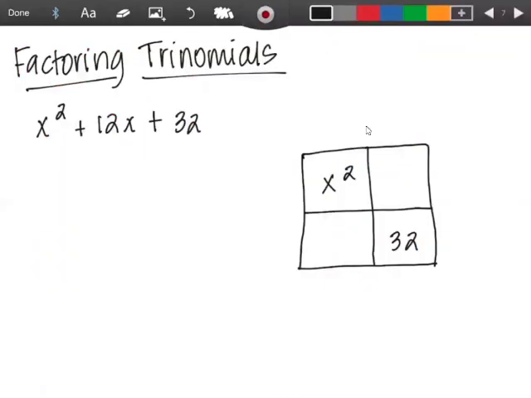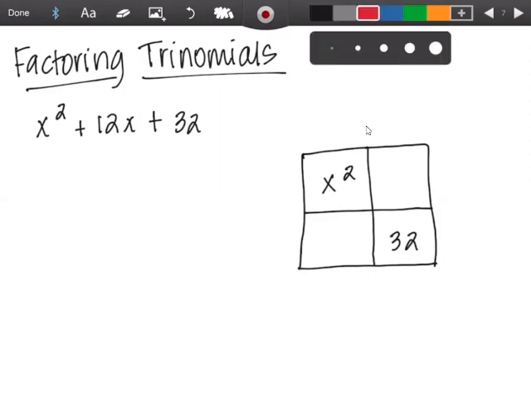So we're looking at factoring trinomials today. We have x squared plus 12x plus 32. So we're going to look at it by using this graphic organizer, and then we're going to walk through some steps. All right. So the first step is